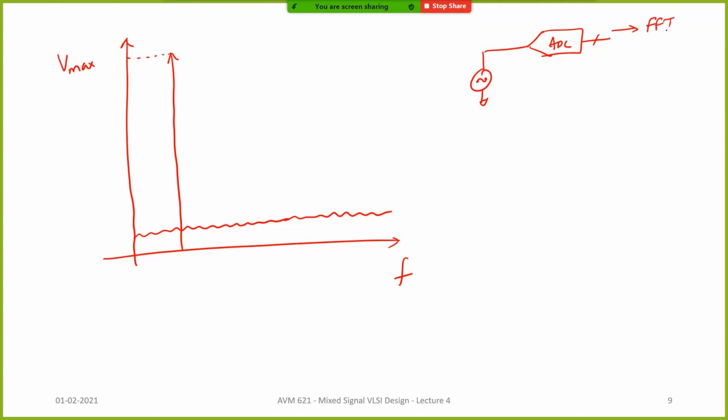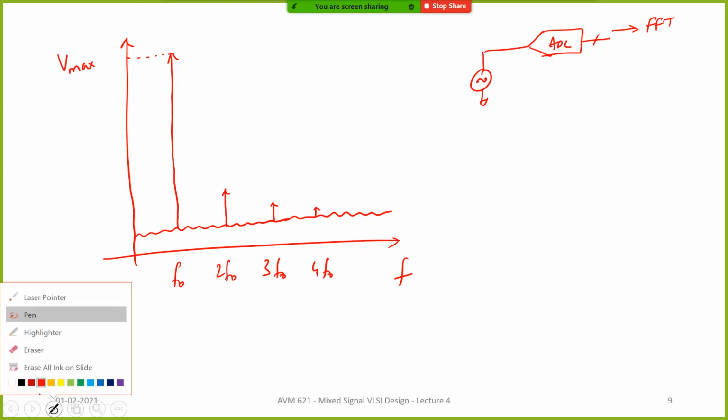When you do the FFT, you will see a tone sticking out of the noise, and also some tones way down here. If this is F0, this will be 2 times F0, 3 times F0, 4 times F0, and so on. Typically you will see only the second and third harmonics at maximum, and what they will define as SNDR is basically